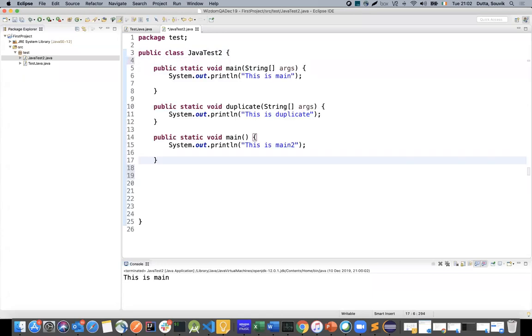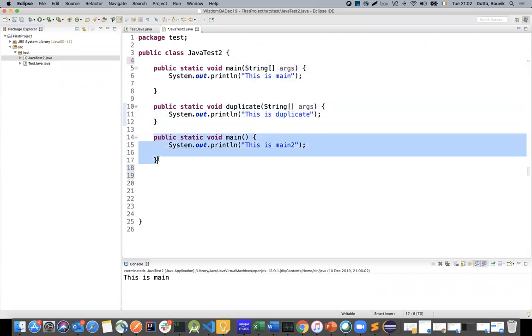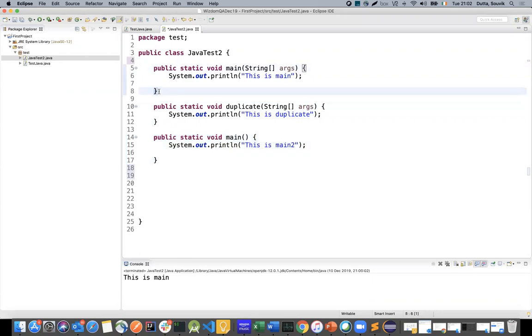Let's talk about the method. These are methods. Every method also has a similar structure, which means it also has a scope. Curly brace start and end, whatever is within the scope of the method is very much local to that particular method itself. Whatever is within the scope of the method remains within the method,